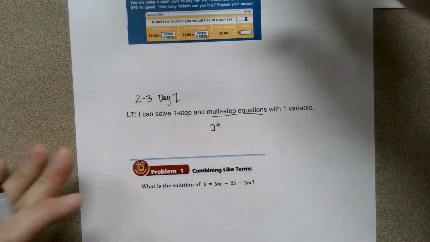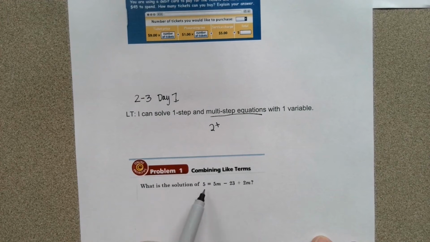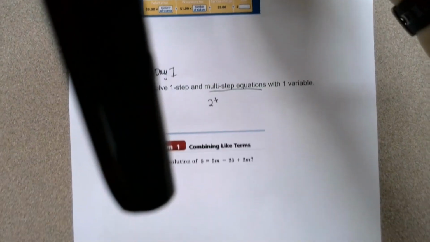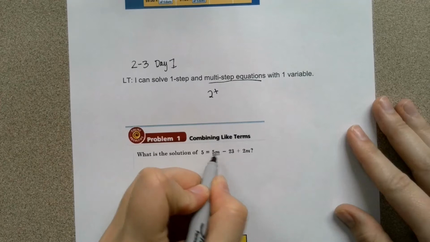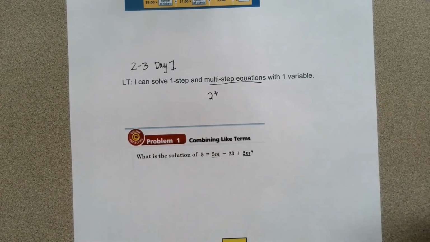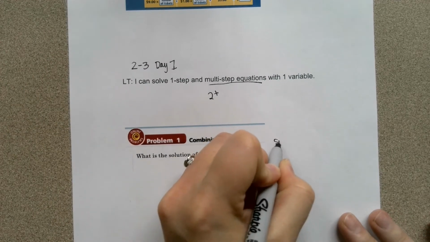If you look at the first example, we have the problem of 5 is equal to 5m minus 23 plus 2m. I want you to write down this example. When we're looking at this example, we have the variables showing up in multiple places. Because they're showing up in multiple places, the first thing we need to do is simplify what we can. Okay, so when we simplify,